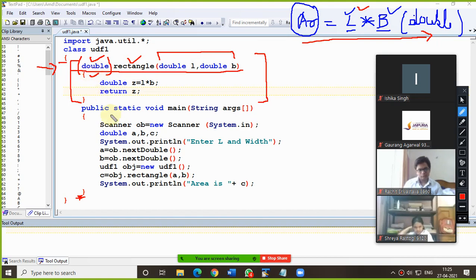Whenever you write the return type, you always need to write a data type, like double or int or string or char. Function name, whatever you want, you can use. Now after that, we leave the definition part and come directly to the main function. In the main function, we use the scanner for inputting, which everybody knows.